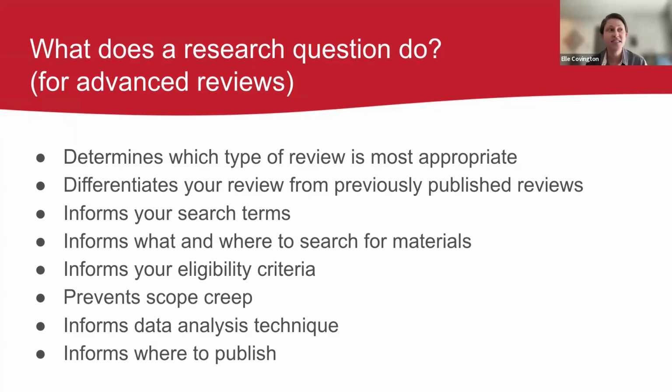Informing the data analysis techniques that you're going to use, and also informing where to publish. And this is another thing that I like to really talk about up front with systematic and scoping reviews specifically. I think it's important for other methodologies as well, but specifically for systematic and scoping reviews, take a look at where you want to publish up front, because their requirements for how you're going to do these things are going to differ. So one of the first things I always ask is look for a target journal and then take a look at what they're publishing, and take a look at the quality and what their requirements are. And then, is your research question, is your methodology going to fit with the types of things that they publish?